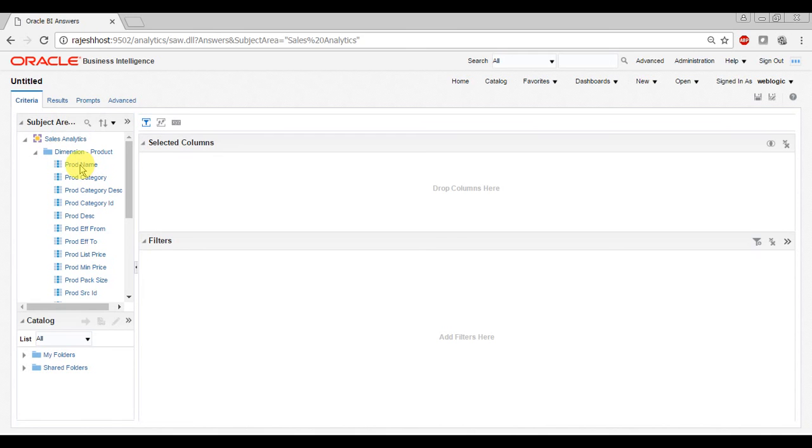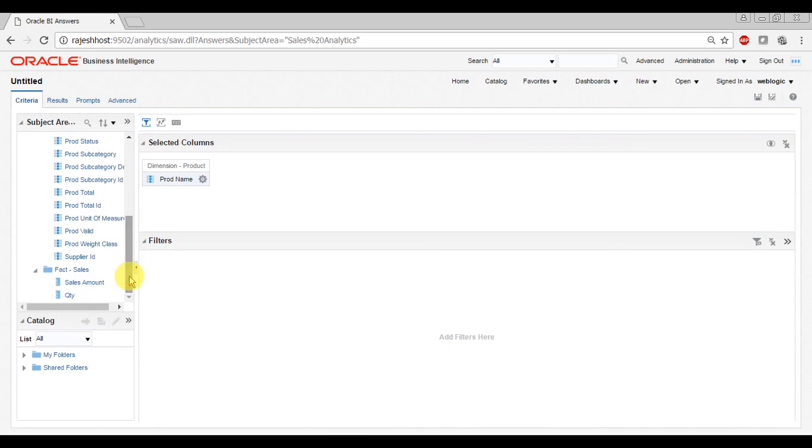Let's say I want to display the product name and the quantity and the sales associated with that product. So I just double clicked on those to fetch these columns in the analysis.